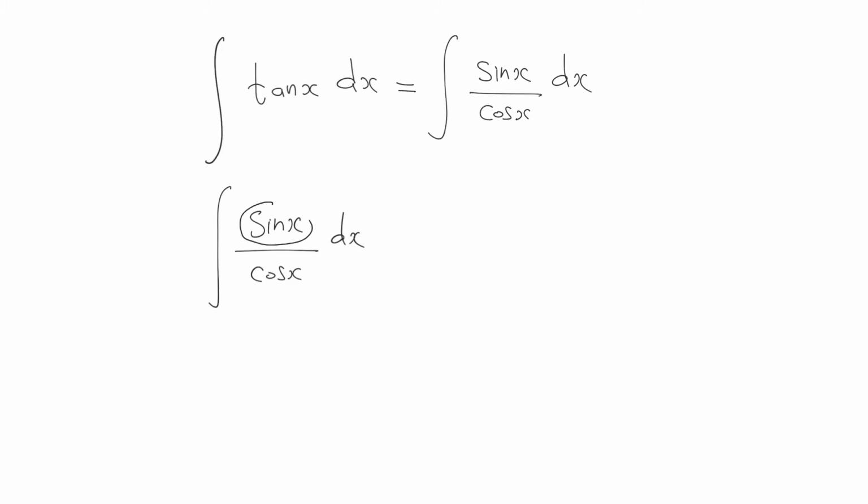If we are taking sin x, then you have to just check: if I differentiate this sin x, whether I am going to get the rest of the part in this question or not. That means if I differentiate sin x, whether I am going to get dx divided by cos x or not. We know that differentiating sin x, I am not going to get dx by cos x, I am going to get cos x dx. So this is not the correct substitution.